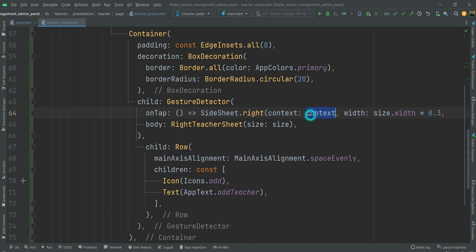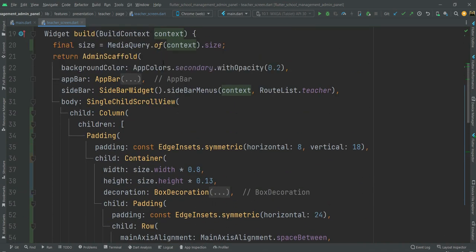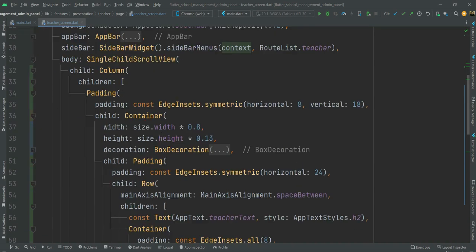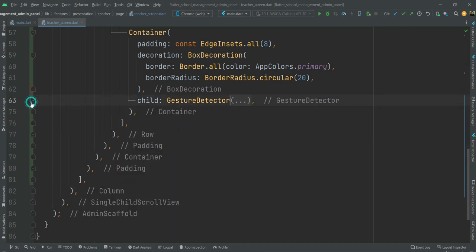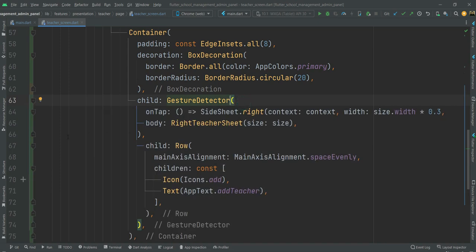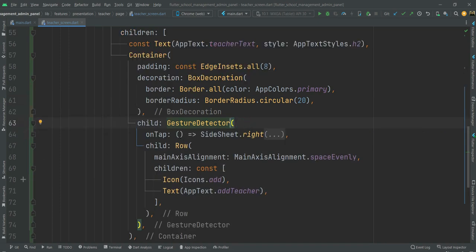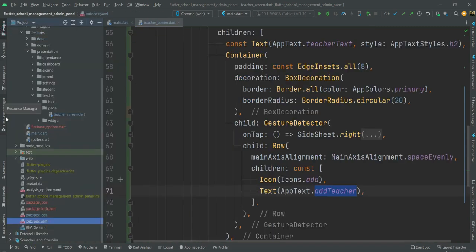And pass the context, build context. Here it is. And width, size dot width 0.3, and right teacher sheet. Basically it is a widget. And you can see in the gesture detector's child I have added a row, and this row contains an add icon button and the teacher text, add teacher,